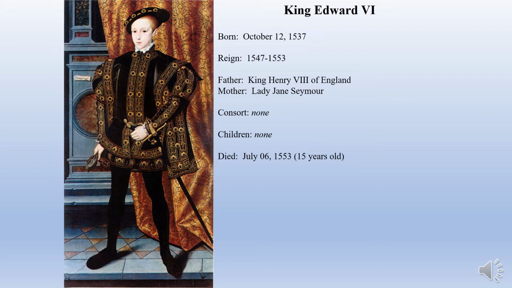But he was too ill at this point, so he decided to change the law of England. And what he said is that he now has the right to name any royal heir that he can. And so he decides to name his cousin, Jane Grey, to be his heir, to be the next Queen of England. Well, when he dies in 1553, you now have two queens. The Edwardian people will name Jane Grey as Queen Jane I of England. Those that followed the legitimate succession will name Mary as Queen Mary I of England.